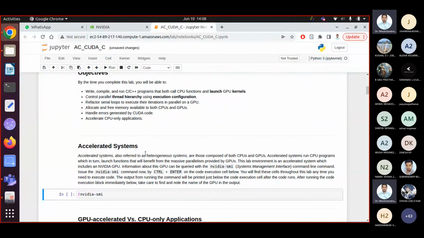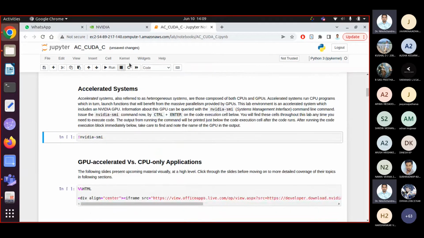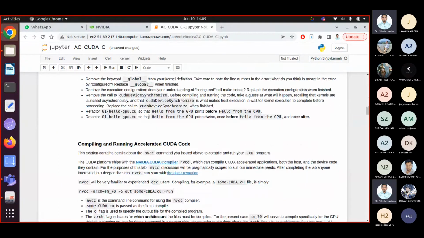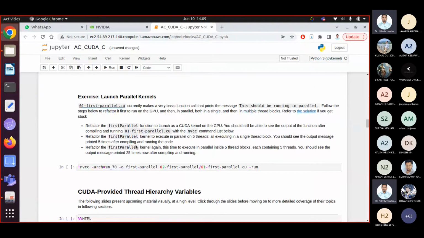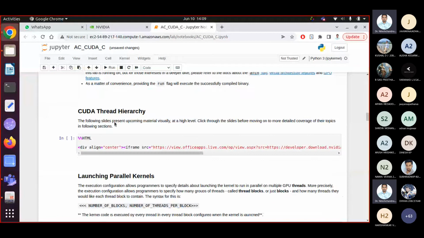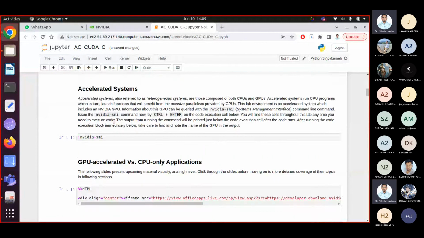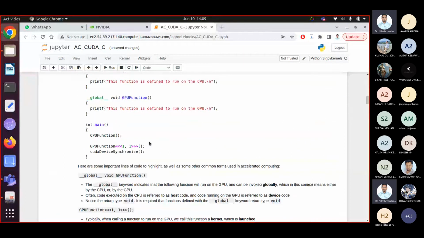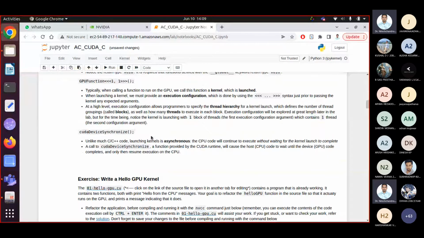But be careful, because if you refresh after modifying, all your progress will be lost, whatever you have executed in the previous cells. Don't try to jump directly to executing any other cell, because you have to follow step by step. This is a Jupyter notebook, so it is important to execute the first command, then you can go for the next, right? Because it is an interpreter kind of thing.